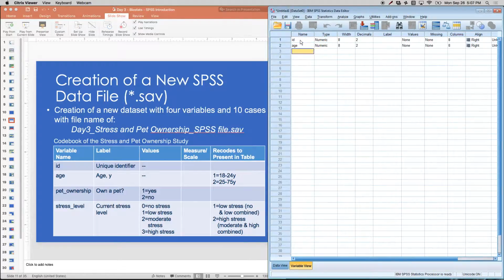And then you want to type in under name ID. Then age. Then pet ownership. You cannot have spaces. That's why there's a lot of underscores. And there cannot be numbers in your variable names. So after you do that,